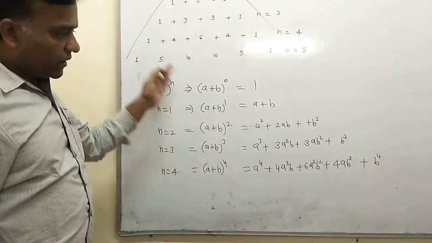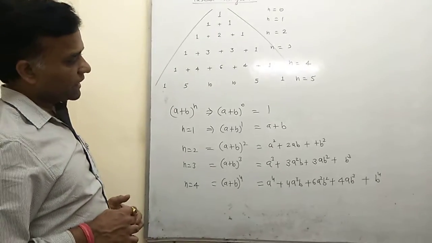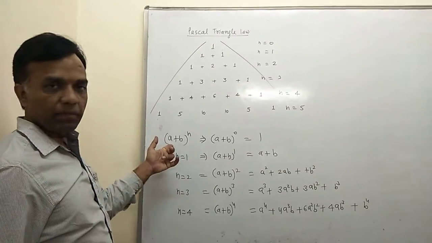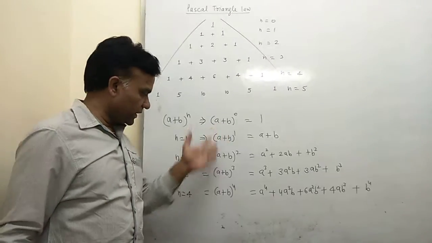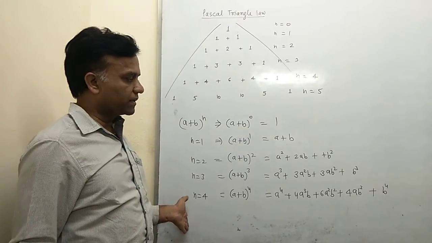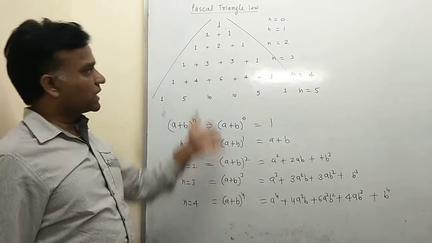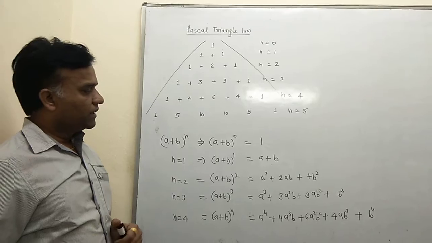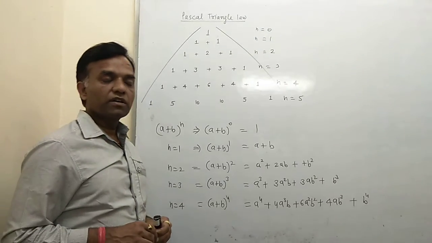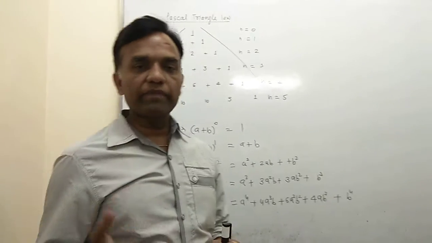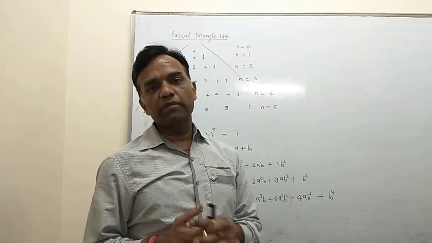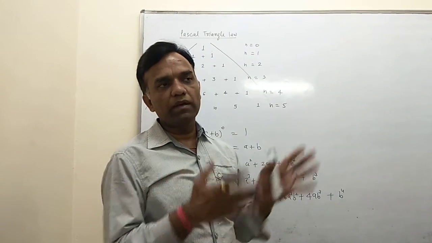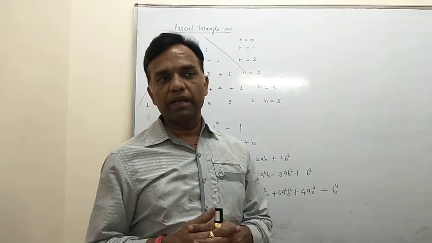So this is the concept of Pascal triangle law, in which we use (a plus b) whole to the power n, and then we expand and find many powers, using the concept of Pascal triangle law. So that is very easy going, in which you can find any type of power, maybe 10, maybe 5, maybe 6, maybe 7, so many powers you can find using the Pascal triangle law.